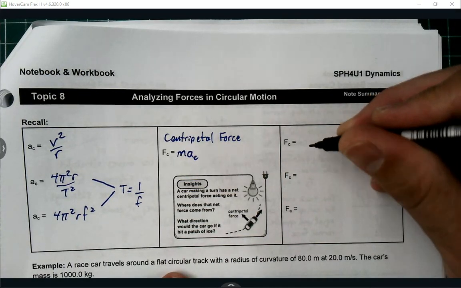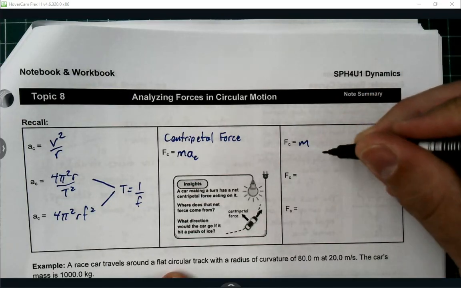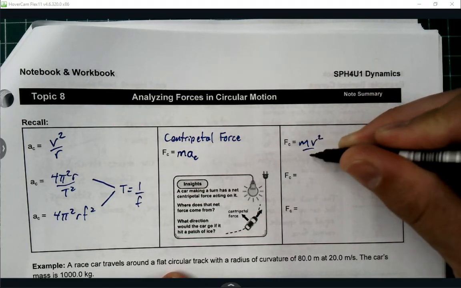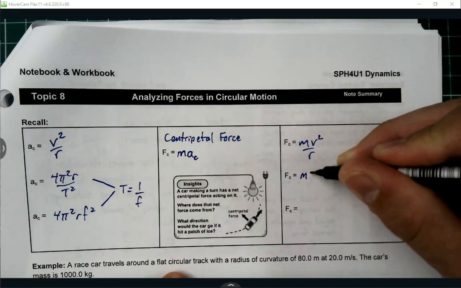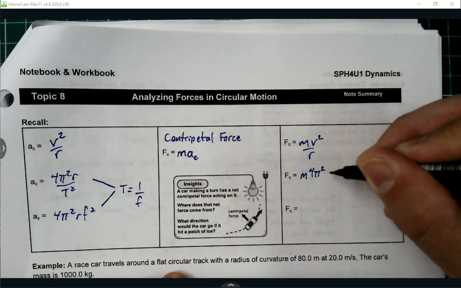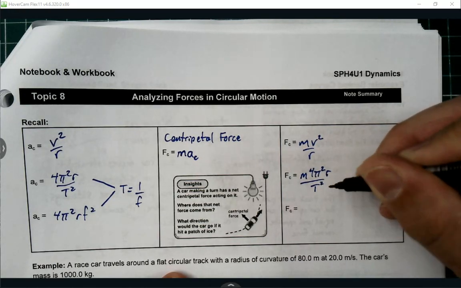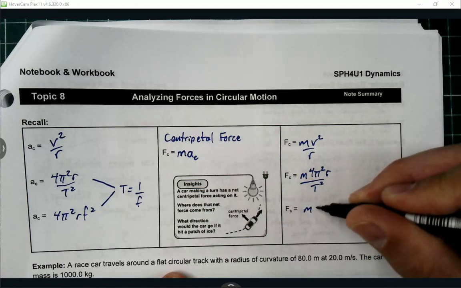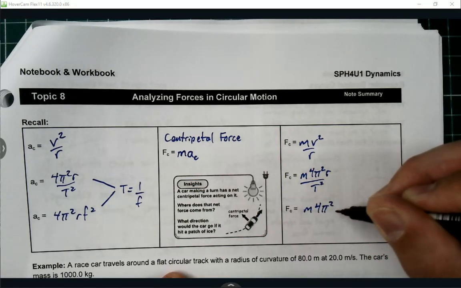And so when we calculate Fc, using those equations over the left-hand side, we'd say mv squared over r is Fc, m times 4 pi squared r over period squared is Fc, or m times 4 pi squared r f squared